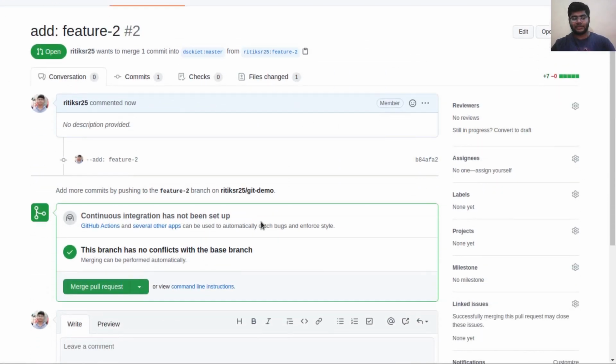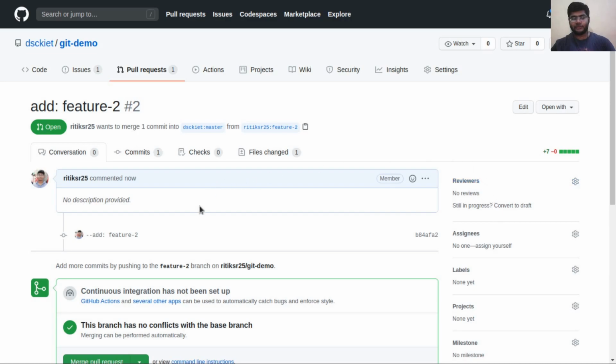So it has some additional features. Suppose you created the pull request, but later you realize that okay, I have to work some more on this feature. So you can click this convert to draft, and your pull request will not be able to be reviewed. So it is a work in progress type. Here you can request review from the developers working in your team, and also you can assign a specific developer to review your pull request.